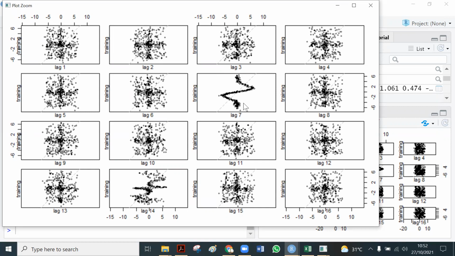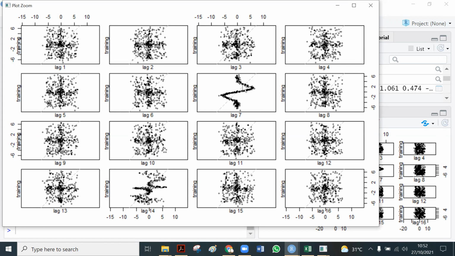This is the first alternative. The second one is to make the plot of the partial autocorrelation function. The partial autocorrelation function at lag 7 will be significant; I believe you can prove it.